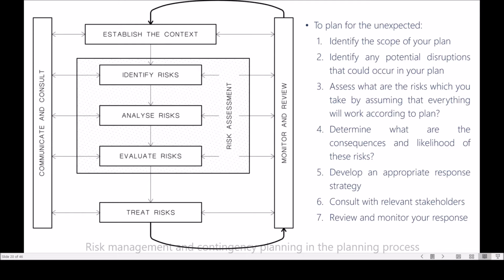Supporting those steps of identifying, analyzing, evaluating, and treating, we should be communicating and consulting with all key stakeholders. So that is two ways. We should be asking, getting people's input around what type of risks, what are the consequences and likelihood, and what are some of the recommended treatments. We should also be feeding that back. So when we're taking action, saying this is what we're going to do and how we're going to do it and when it's going to happen and so forth.